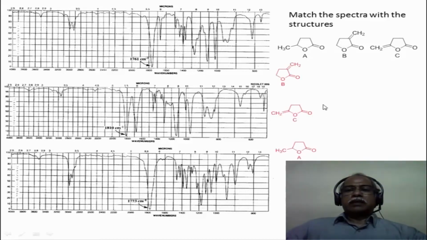So, the assignments are this is B, this is C, and this is A. All you need to do in this particular case is to look at the carbonyl stretching frequency alone. Nothing else is necessary, in fact, to identify this system. If you look at the alpha beta unsaturated system, you have the additional C double bond C. In this, C double bond C is here, and here C double bond C is here, whereas this does not have any band corresponding to a C double bond C. So, this is clearly the saturated system, unmistakably one can say, on the basis of C double bond O and the absence of C double bond C.